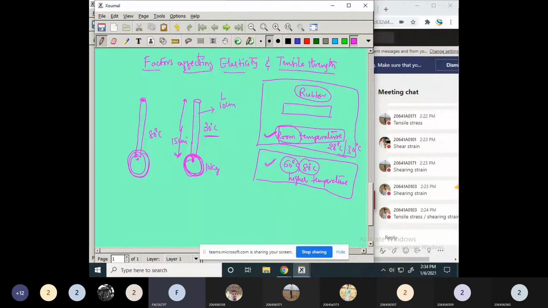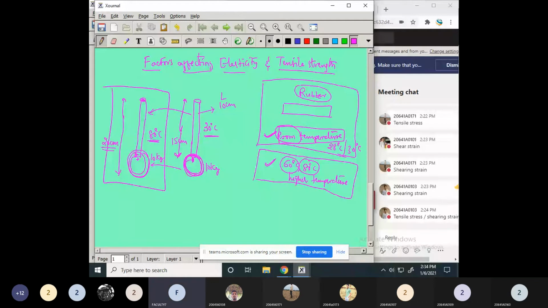Now here I am placing the same 10 centimeter rubber band, same 10 kg mass, but what I am doing, I am increasing the temperature. Then what you can expect, this rubber band may get elongated beyond 15 centimeters, and for example it may go up to some 20 centimeters. Okay, what I did here,